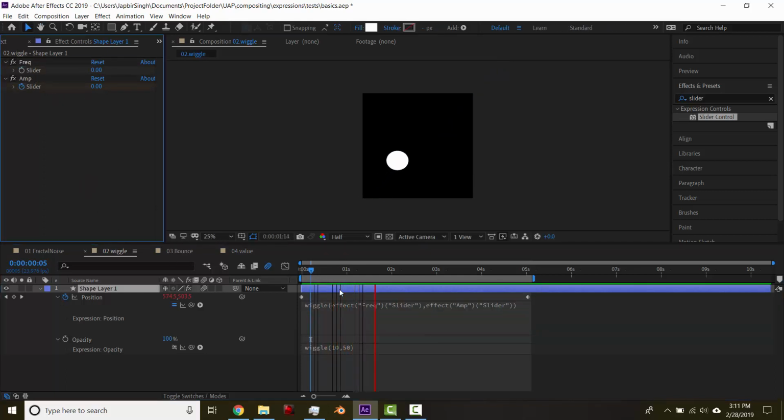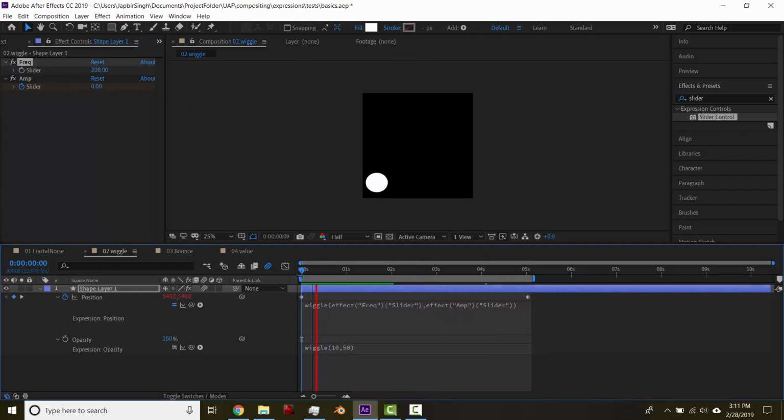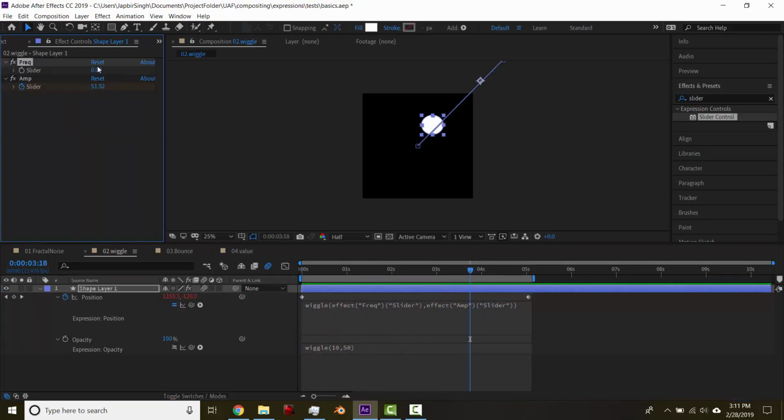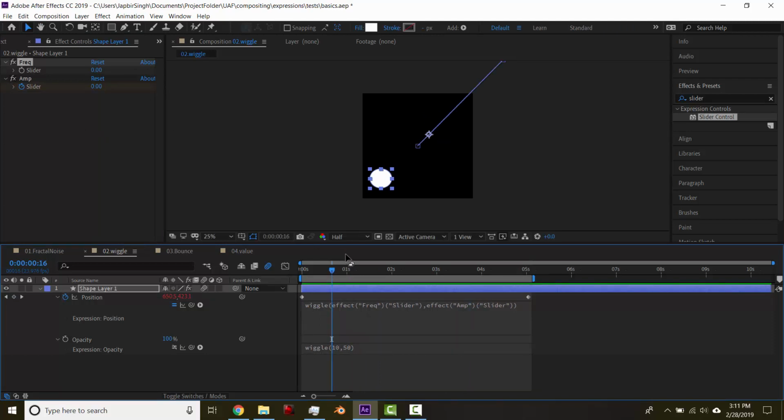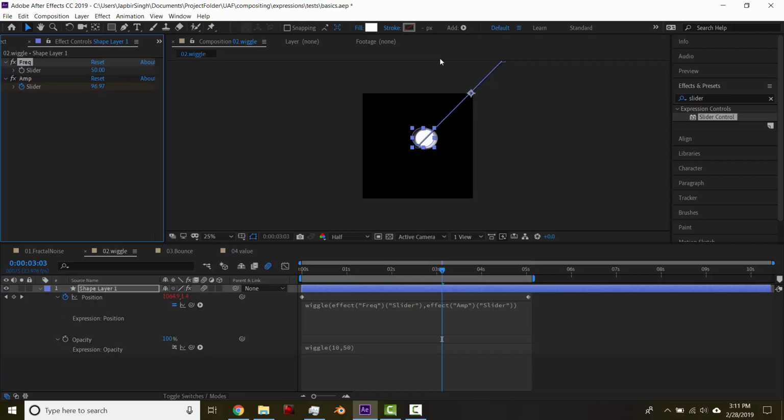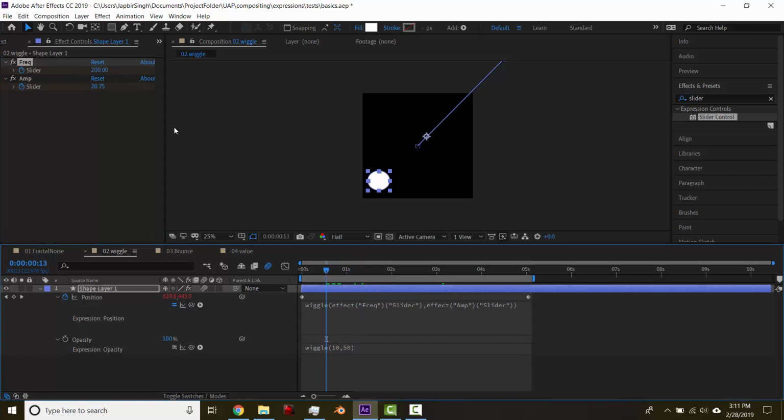So now there's no more wiggle anymore because it's wiggling 0 times a second. If I say 1, it'll wiggle 1 time. If I increase that to 200, it'll wiggle a lot. That's pretty crazy. So why would you want to change the frequency or animate it? Maybe as a rocket takes off, the frequency of shake gets less. So maybe at its strongest point, this would be like wiggling 50 times per second. And let's set a keyframe, and then here, maybe at the very beginning it's wiggling 200 as it takes off,